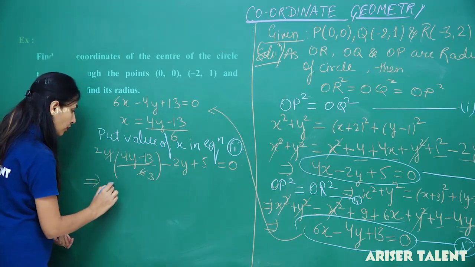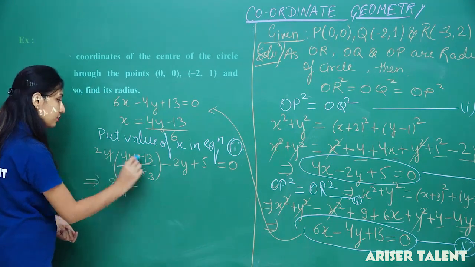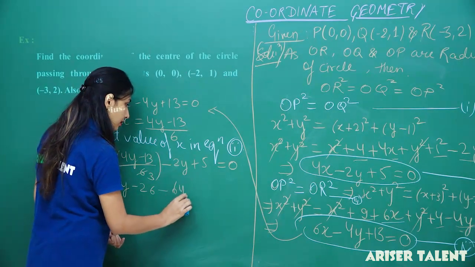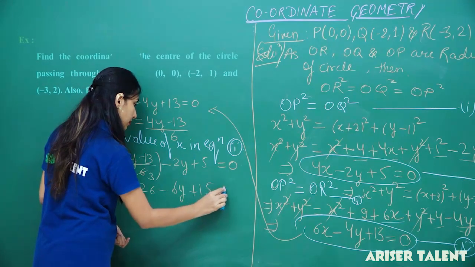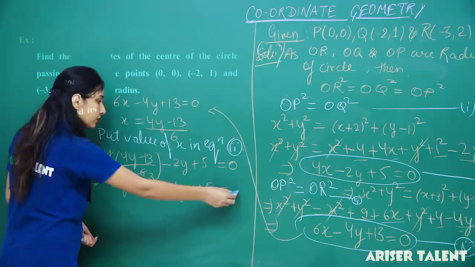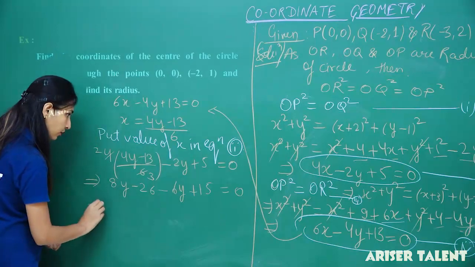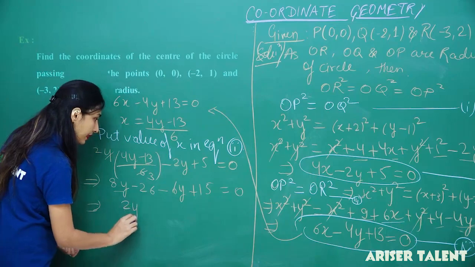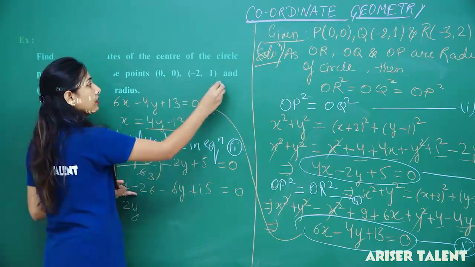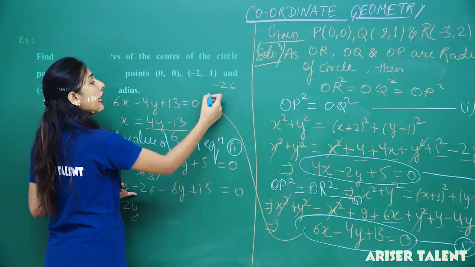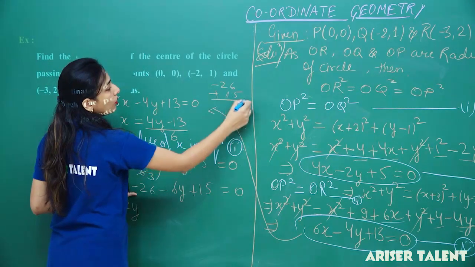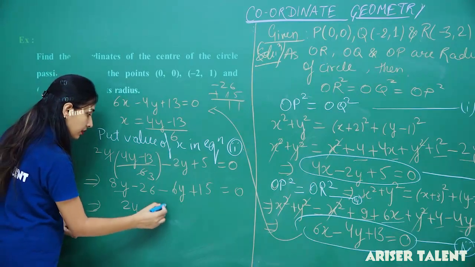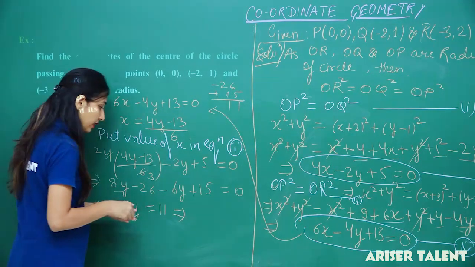So 2 4s are 8y minus 26 minus 6y plus 15 equals 0. That will give you 8y minus 6y, 2y simply. Now minus 26 and plus 15, that will be minus 11, so 2y minus 11 equals 0, which implies that y equals